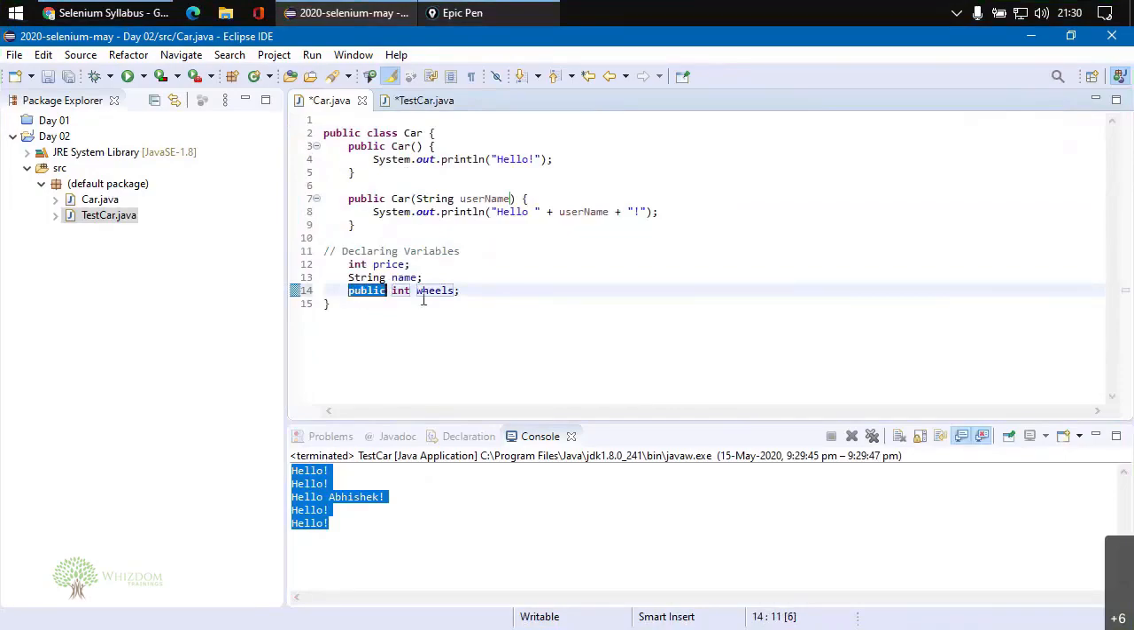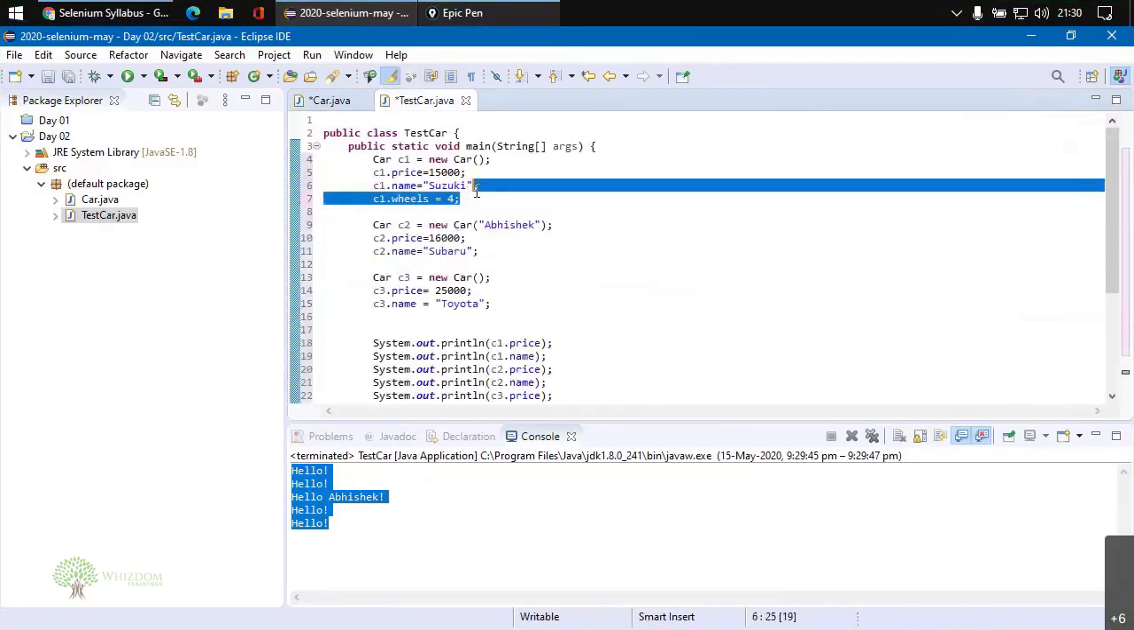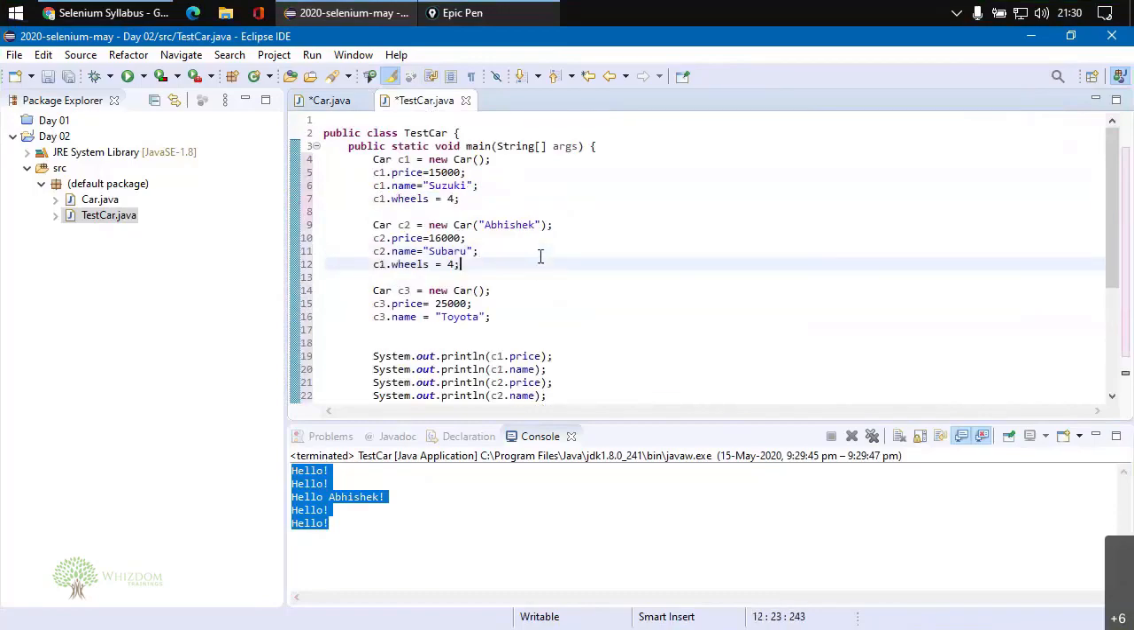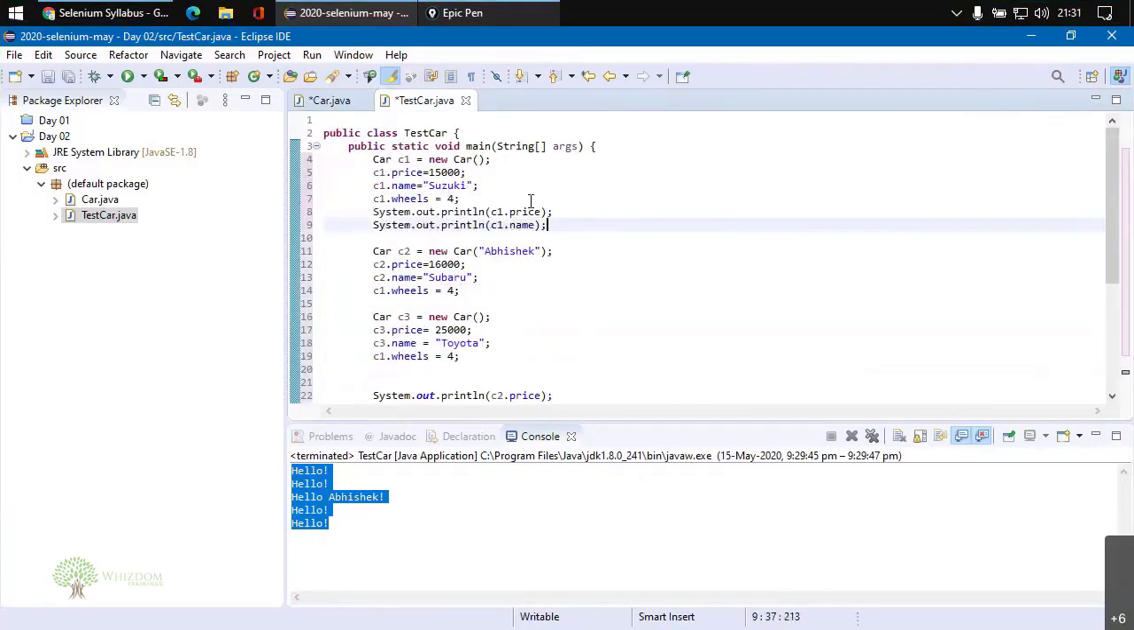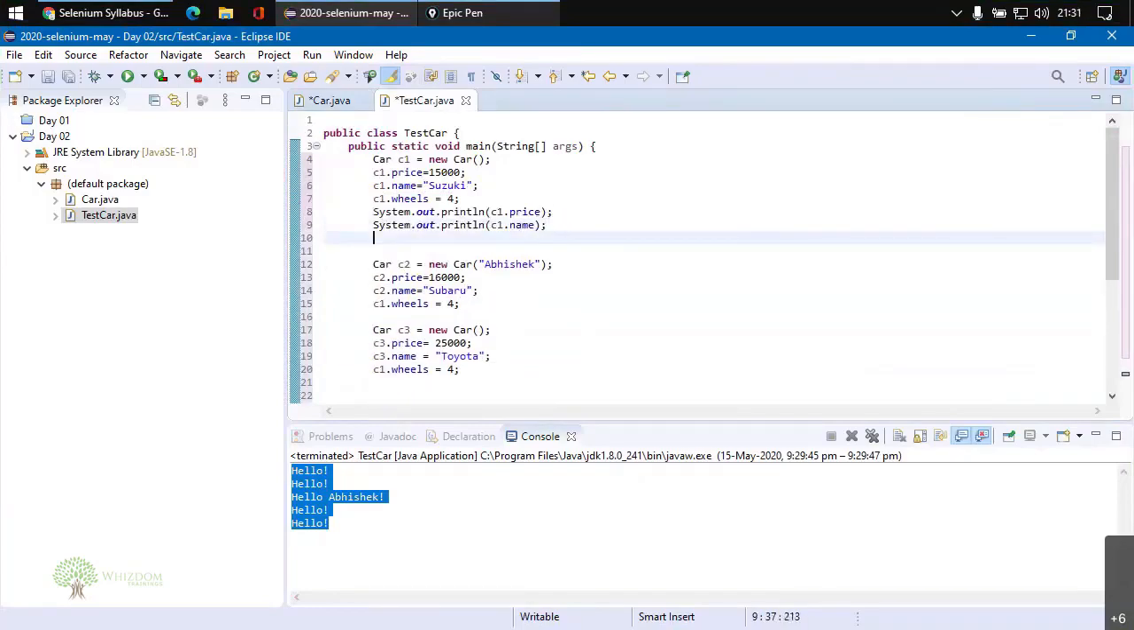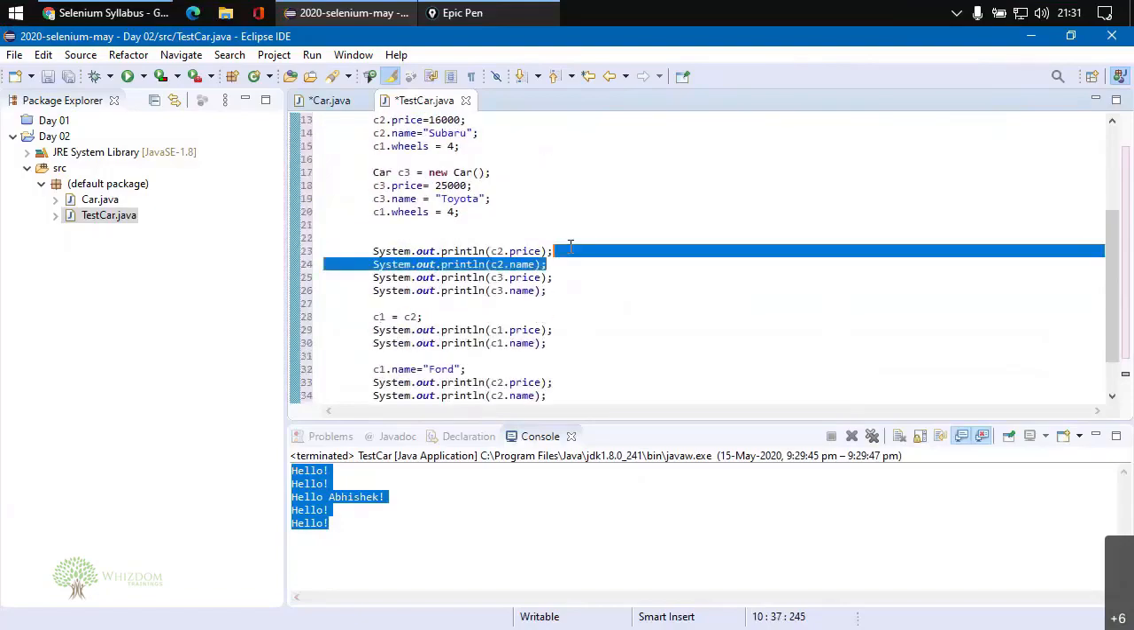If you notice, the type is int and the access specifier is public. What does this mean? I'll come back to this in some time. Let us just make use of this right now. Number of wheels equals 4. Now every car has 4 wheels. This means that I need to specify it everywhere. Now let us just print out the data as well. So for C1, we will be printing data here, and C1 dot wheels. In the same way, we would have the data for C2,